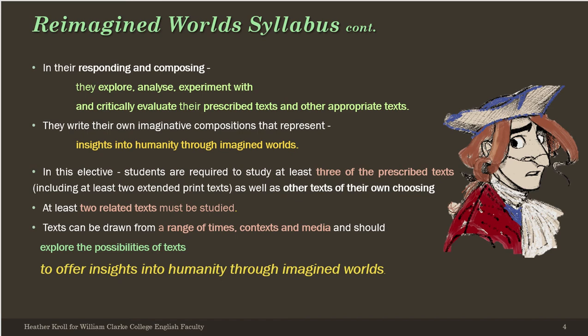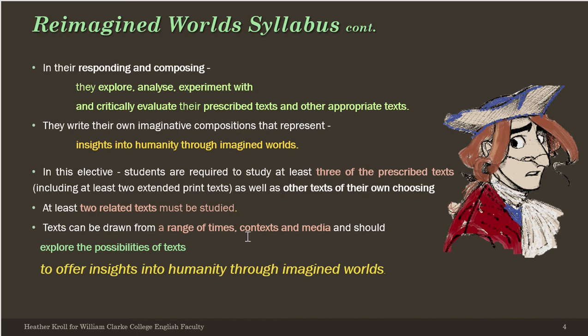And then we'll have a look at a postmodern science poet who is the Poet Laureate of the US, Tracy K. Smith, and her collection of poetry, Life on Mars. So we're looking at texts drawn from a range of times, contexts, and media. So we have a satirical travelogue, we have a magical realist Gothic film, and we have a postmodern